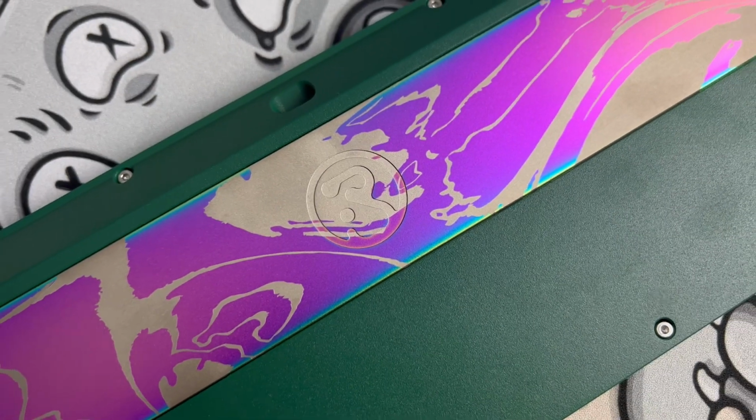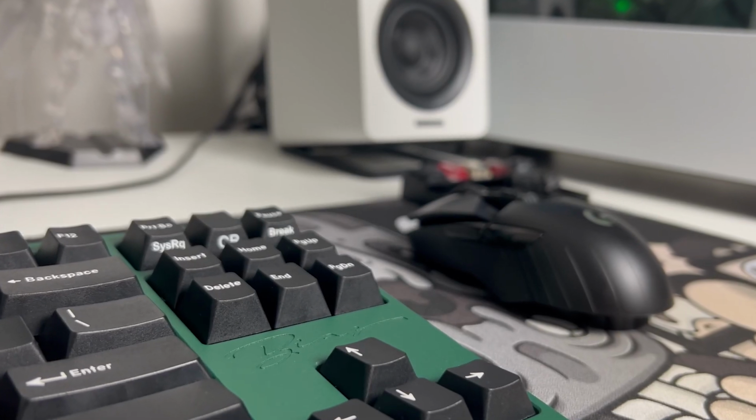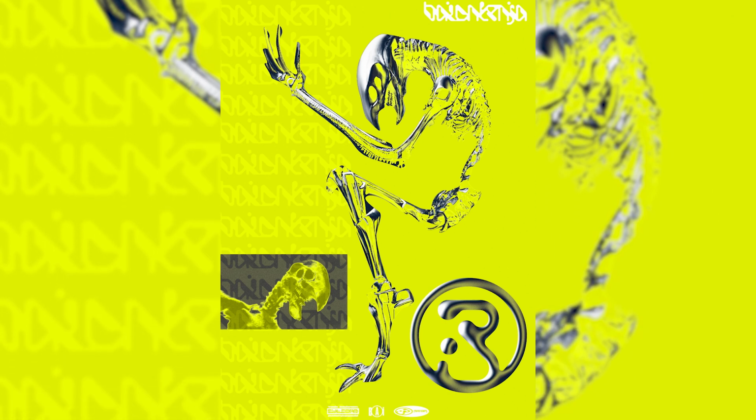Baion's brand identity was something that first had me hooked over 6 months ago when I picked up a Bios R2 unit with music references that really hit the Aphex Twin fanboy part of me. To quote Baion directly, there's no clear way to define it. Maybe biopunk meets Y2K. You see the Y2K elements throughout promotional material like posters, as well as the colorways offered